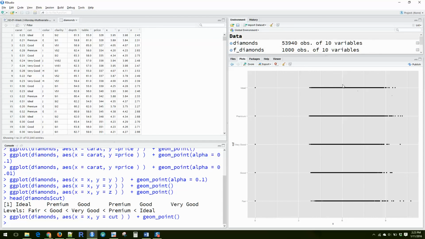Because we're plotting things as a factor, okay? And so when you're plotting a factor, it's probably better to turn it into like a box plot or something like that, okay? So